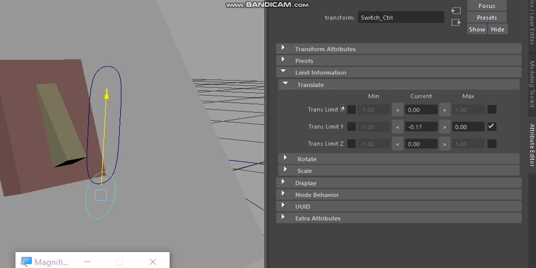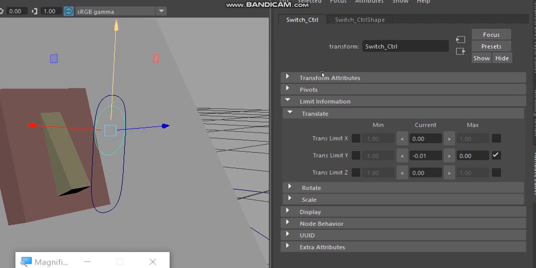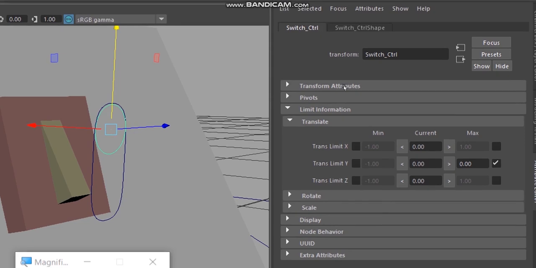So see, it is coming down. The minimum value is to the ground, the 0 minus value is coming down, but if I move, it is stopping there itself. It is not going to the top. It is stopping there. So maximum value is given.